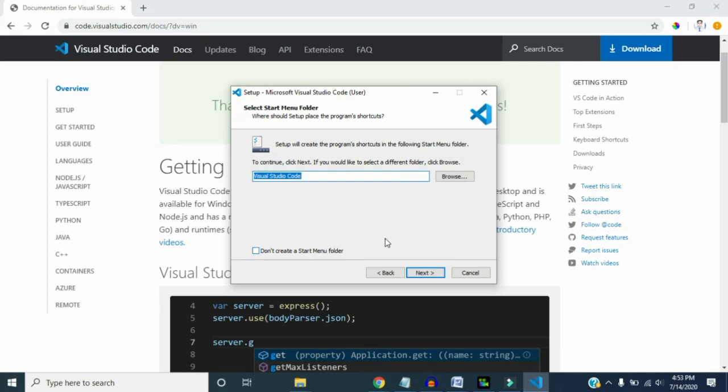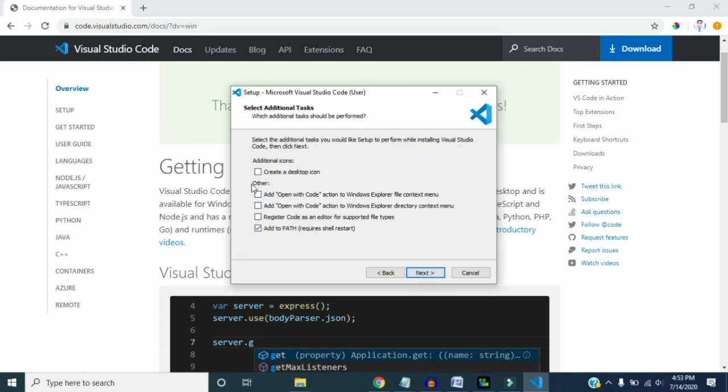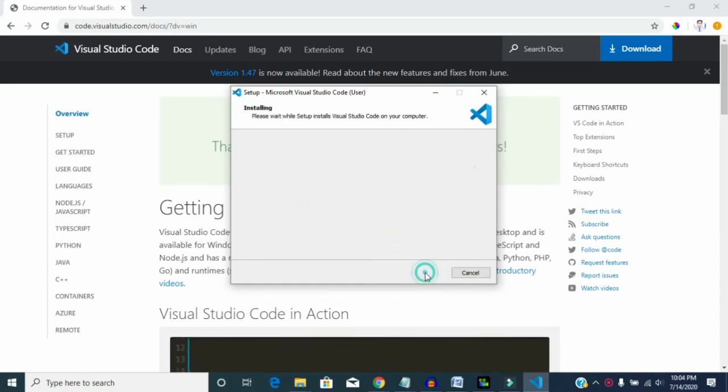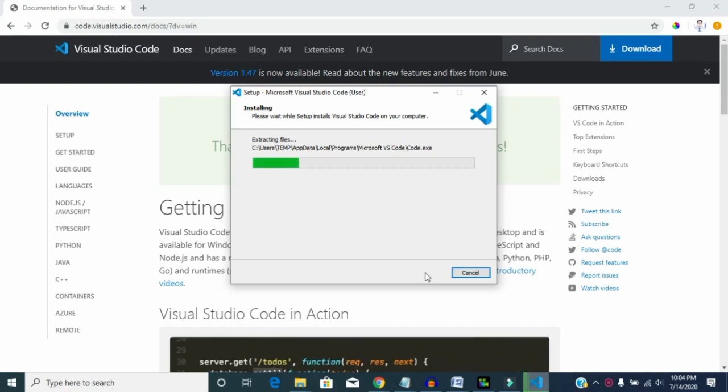You can check all the checkboxes here and click on the install button. As soon as you click on install, your VS Code will start getting installed. It can take a little time to install. You will see a finish button as soon as it is installed.